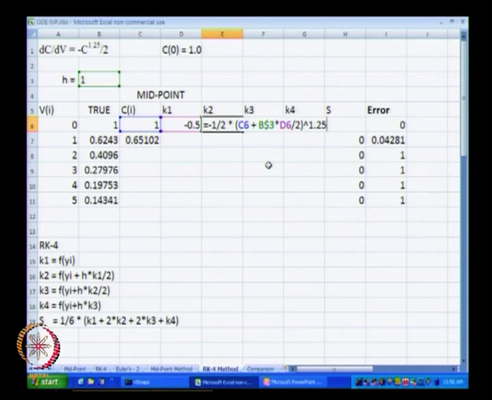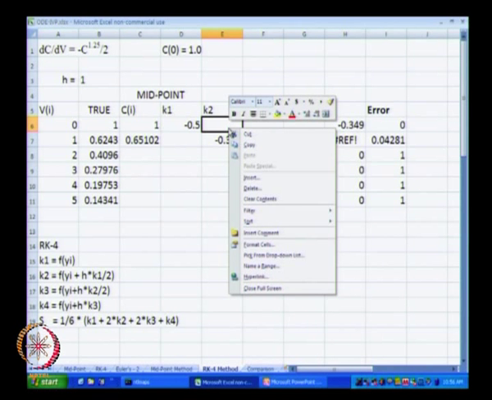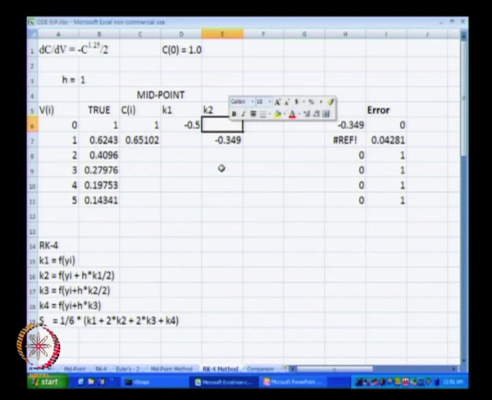So, K2 we do not have to change, but just for our own sake, we will rewrite this formula for K2. I will increase the font size to 18. Okay. So, now K2 is going to be equal to f of yi plus h multiplied by k1 by 2. So, let me just write what h multiplied by k1 by 2 is, in brackets.